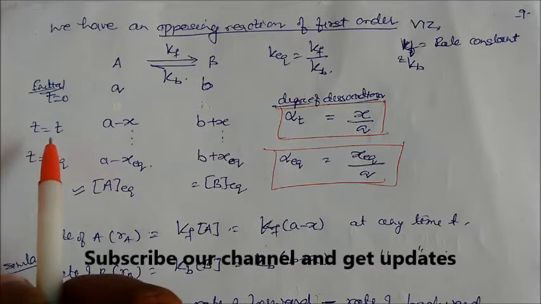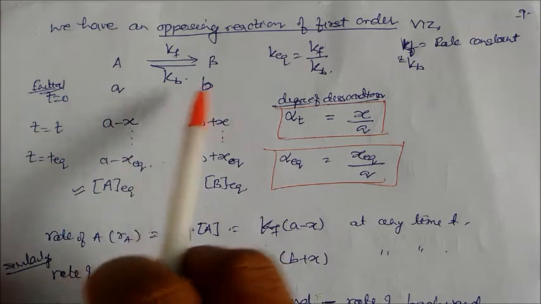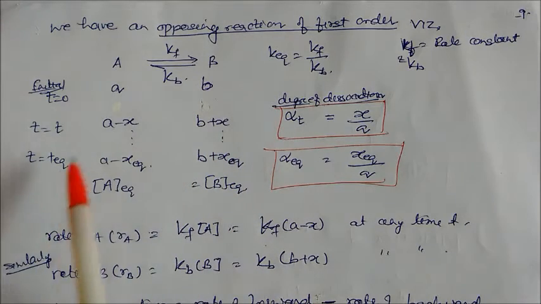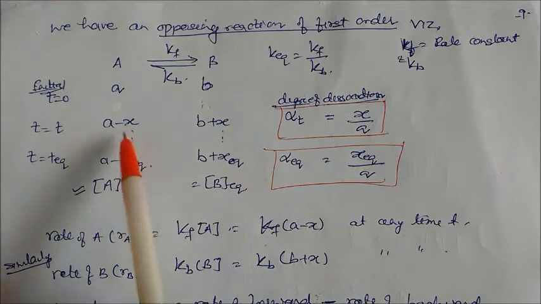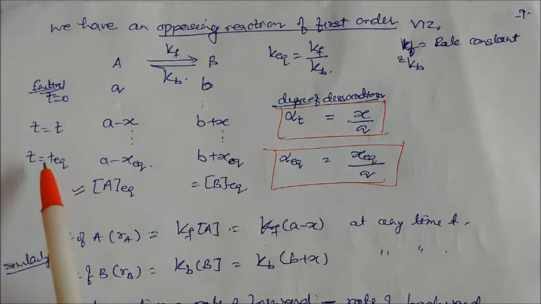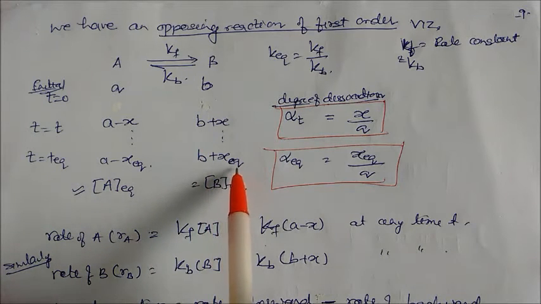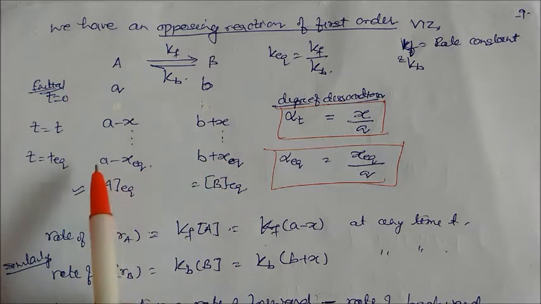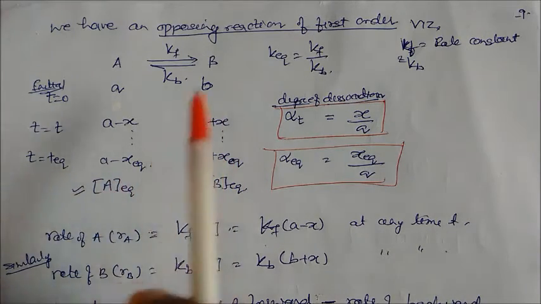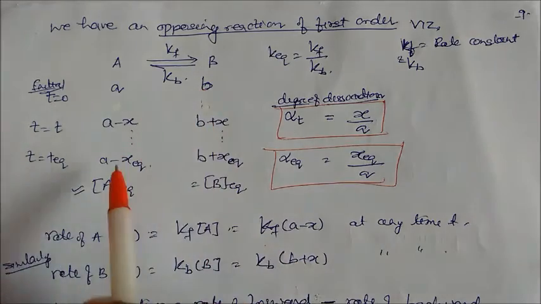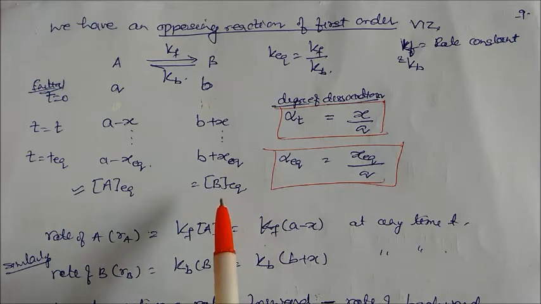At some time, some amount of A is decreasing and being converted into product. So B becomes 0 plus x, and A decreases, becoming a minus x. So this is increasing, this is decreasing. After that, at equilibrium, what will happen? This becomes x equilibrium, and both are changing, this decreasing and this increasing, so it will go in the reverse direction. Then this becomes constant, and this becomes constant. This stage is called the equilibrium of A, and this stage is called the equilibrium of B.